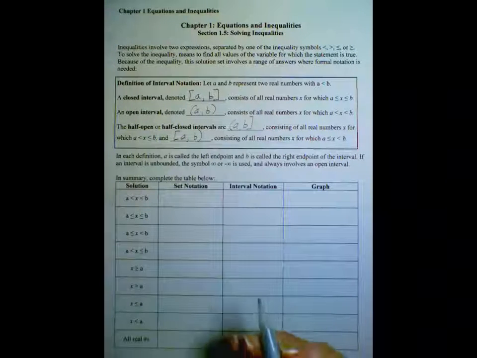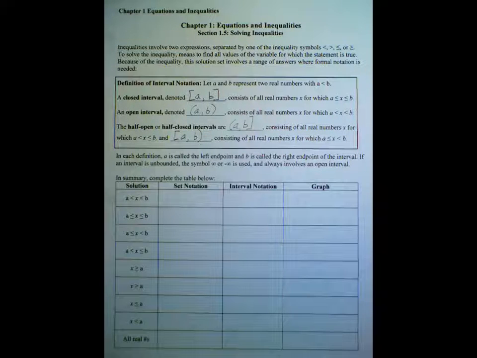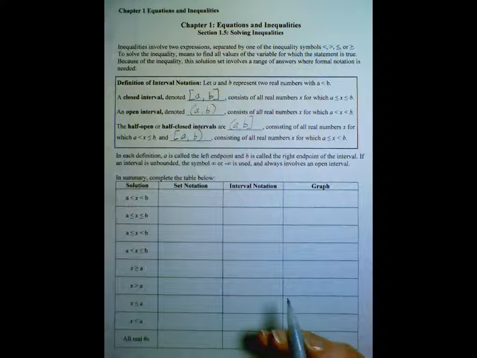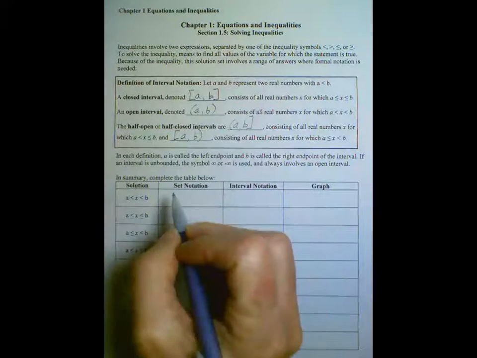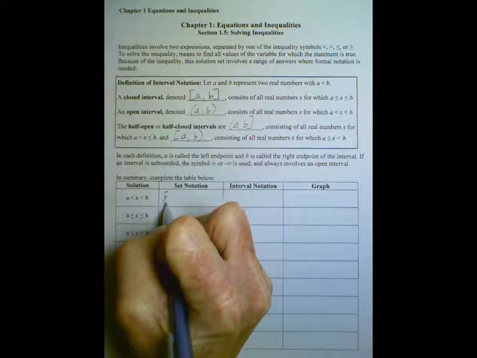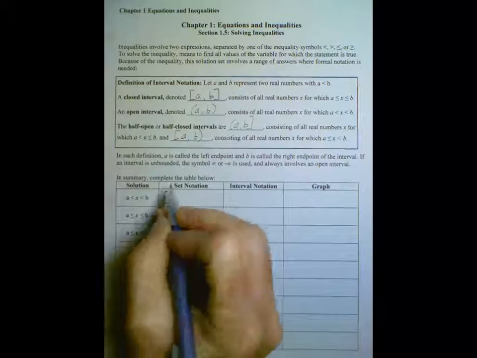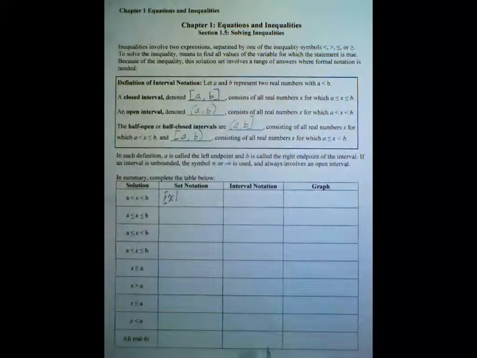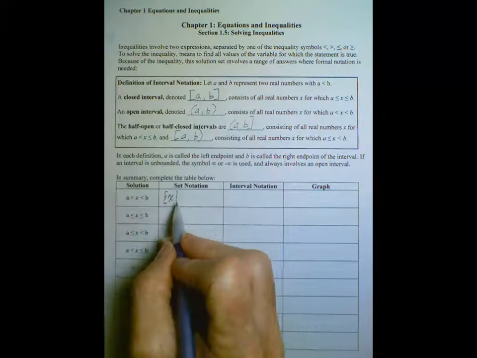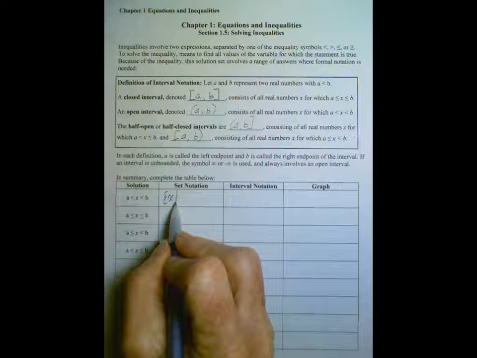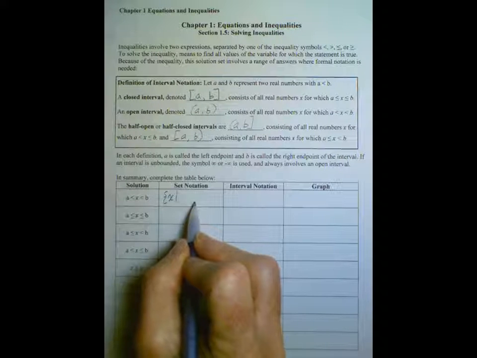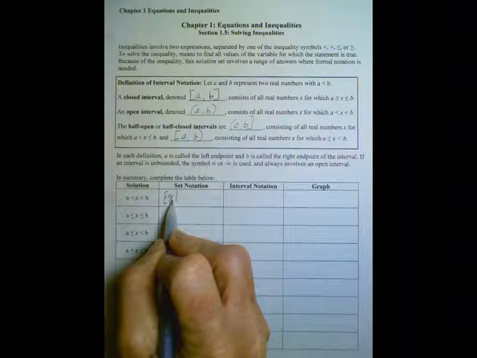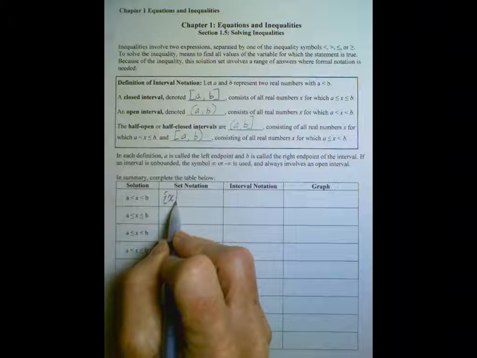Set notation is very easy. It uses the curly brackets because that indicates a set. So we have curly brackets saying the set of all x, and then this straight up and down line. It's not a slant line, it's straight up and down. And that means such that. I'm about to tell you what these x's look like. The set of all x such that